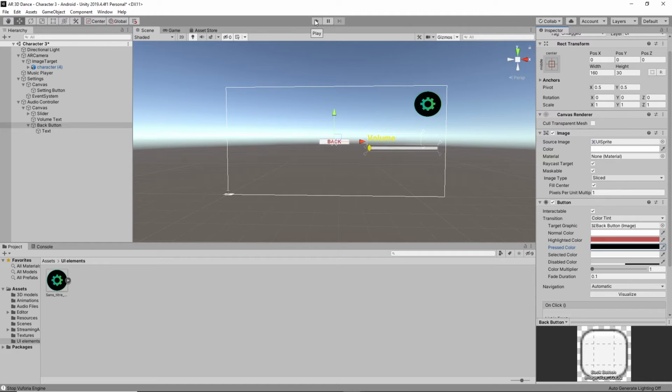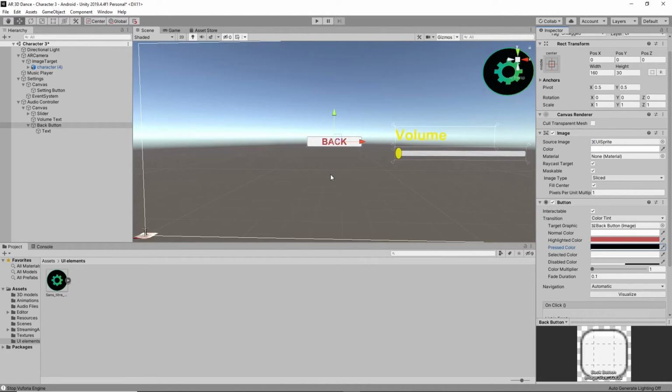Let's check. Before going to check that, move this button anchors downwards like this. Yeah, it was good. Here, you can keep it like this and make it all 0 0 and 0 0, and it will be adjusted like this.